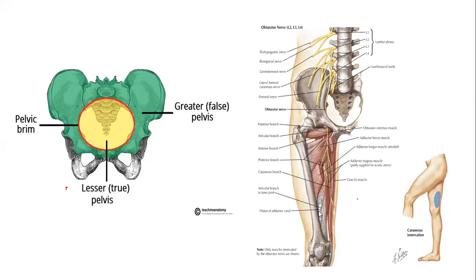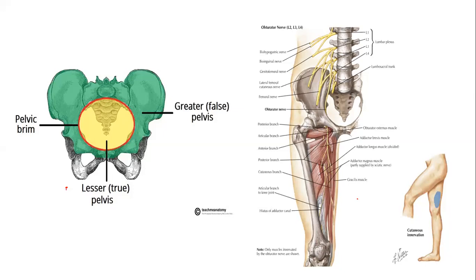So, branches of the posterior division of obturator nerve include articular branches, which it soon gives off to the hip joint, and vascular branch in the region of the knee joint, which it gives to the popliteal artery, and another articular branch,